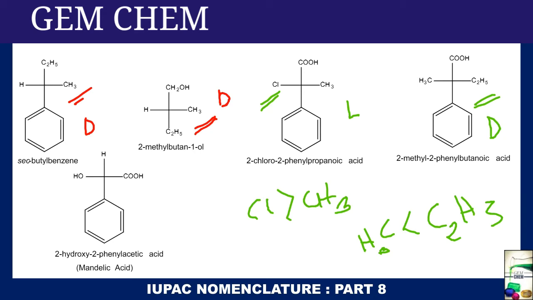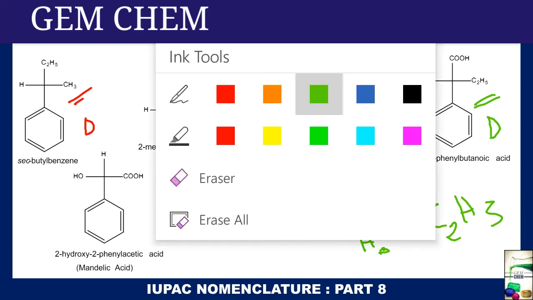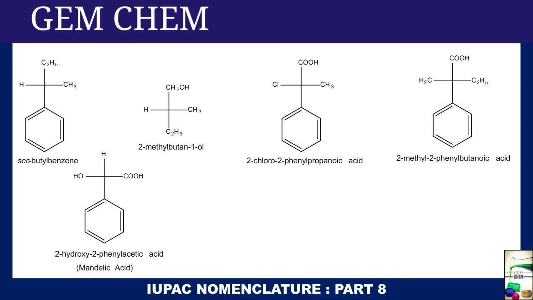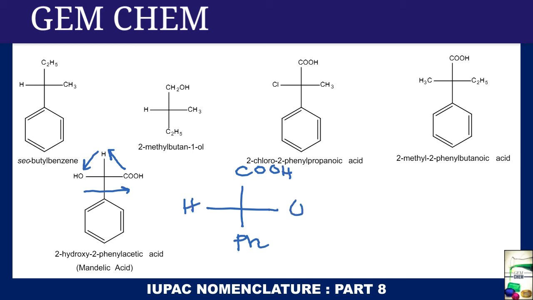Now if we come to this one, that is mandelic acid. In this mandelic acid, we have to be careful about different things. If we consider this one, in mandelic acid, the COOH group is not present in the topmost position, though it is the most oxidized substance. So we have to change the substituents for better options. We change the substituents in the group of 3. Ultimately the structure obtained is: we take the benzene ring as pH, COOH, hydrogen here, and here OH.